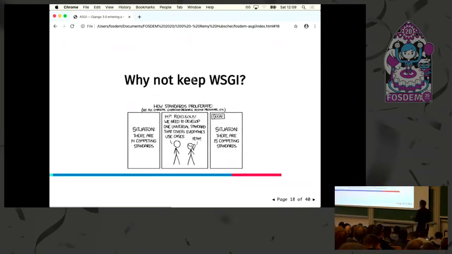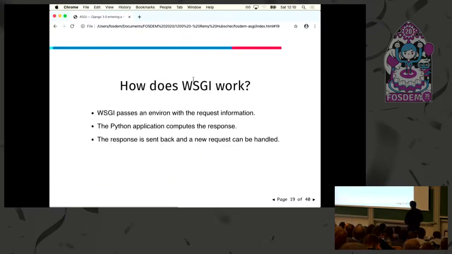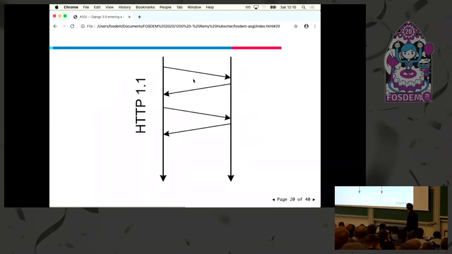So a lot of people might say, why do we need another standard? We already have 15 competing standards. Let's create another one. It's not totally true for this case, because WSGI is really close to the request-response model that we know from HTTP1. You get a request from the client, you get back a response.